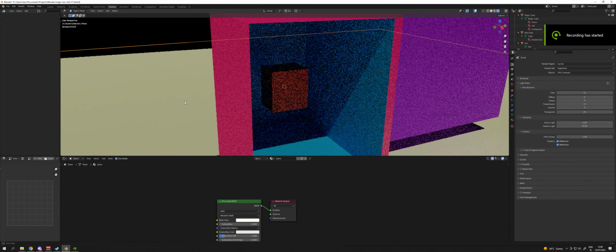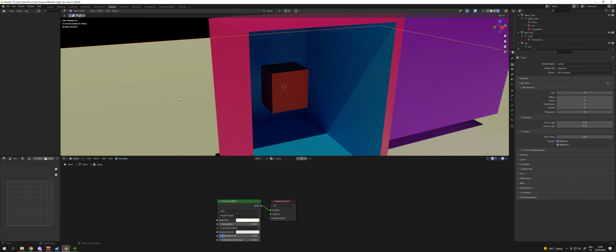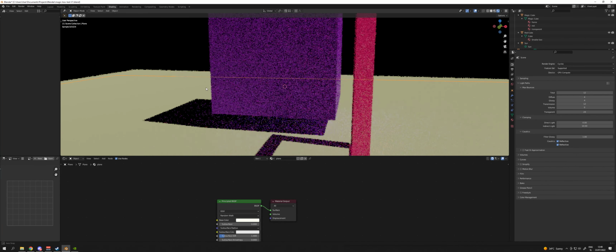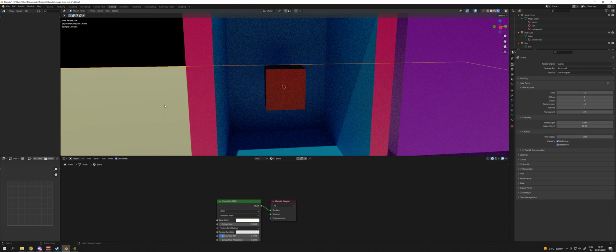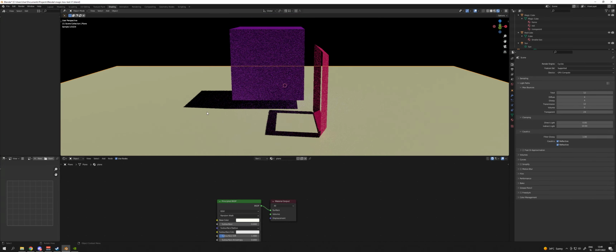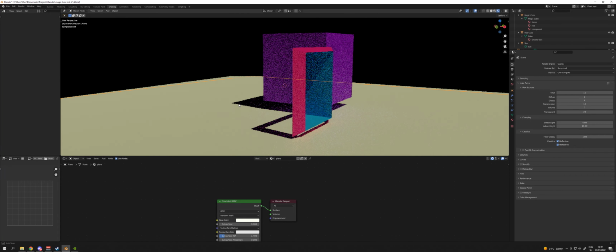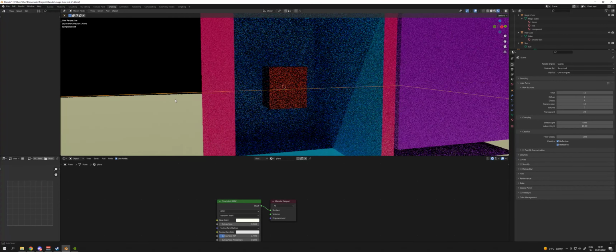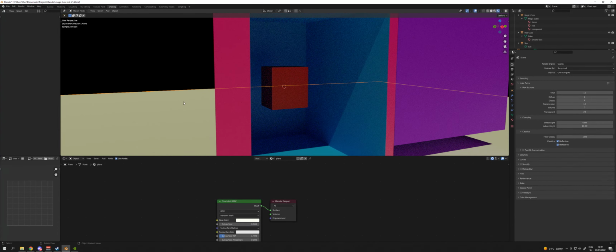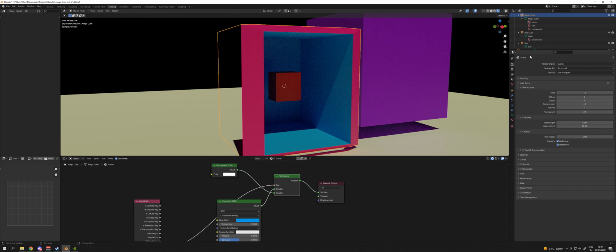Hello! This is a simple tutorial for the magic box, or it's a sort of a portal. So when you look at it from the back, there's nothing, and when you look at it from the front, it has something inside. So the trick is that for the frame you use